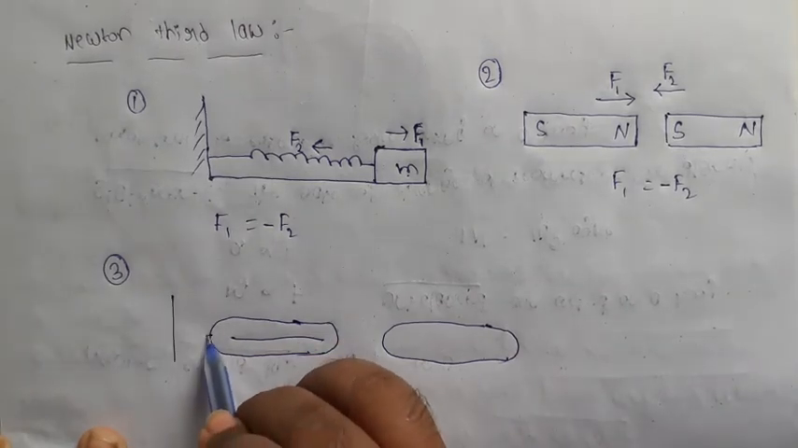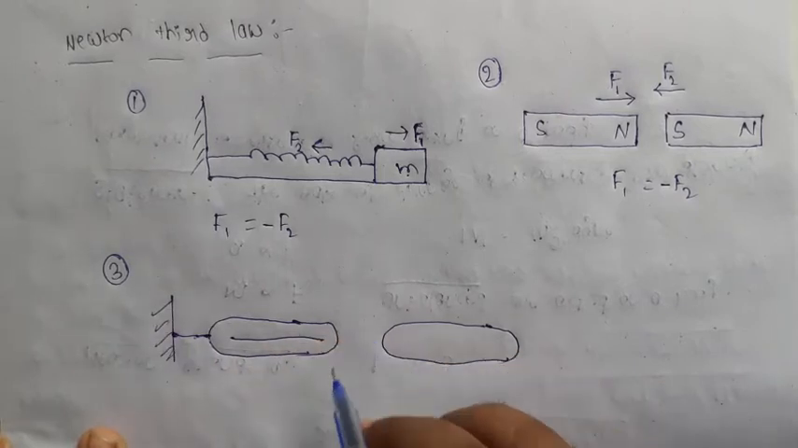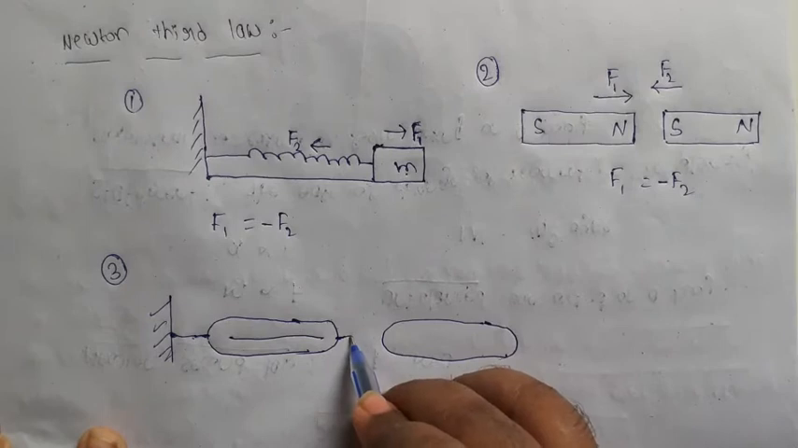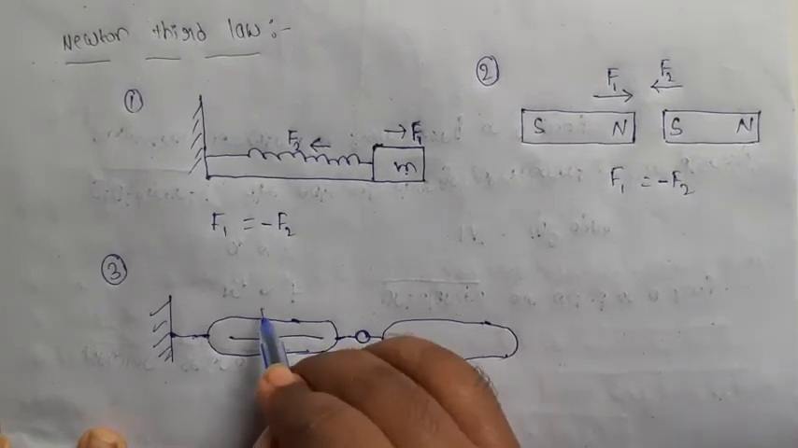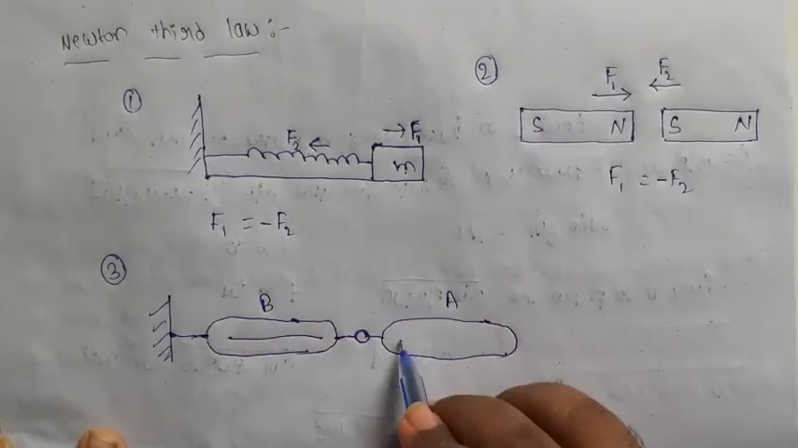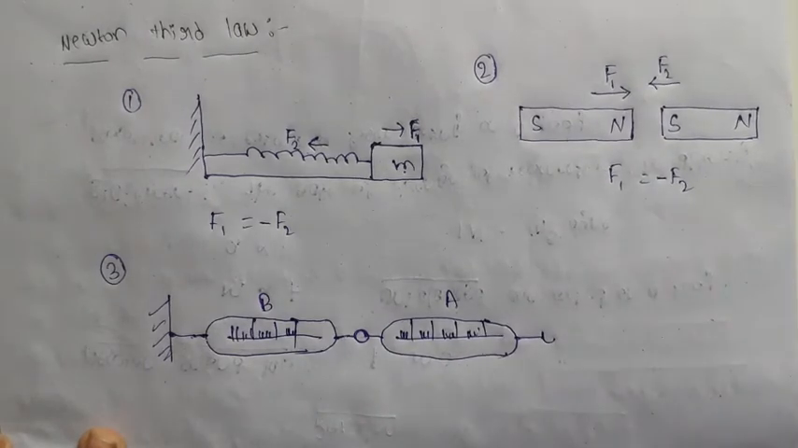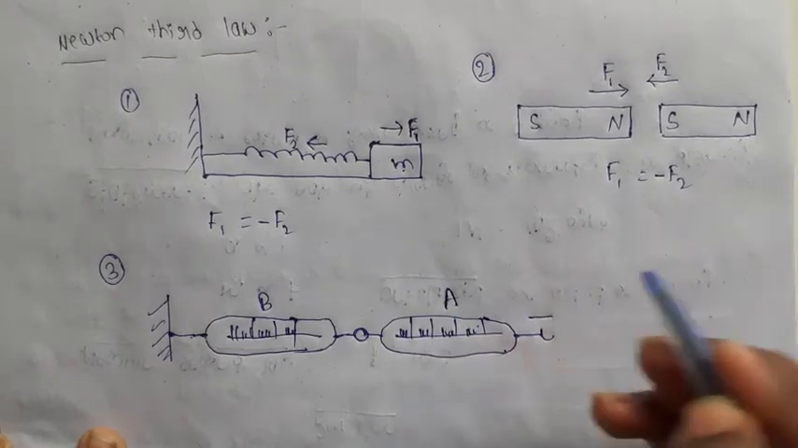One of the spring balances is attached to the wall. Next, the first spring is attached to the second spring. This is the spring named B, this is the spring named A. So here,